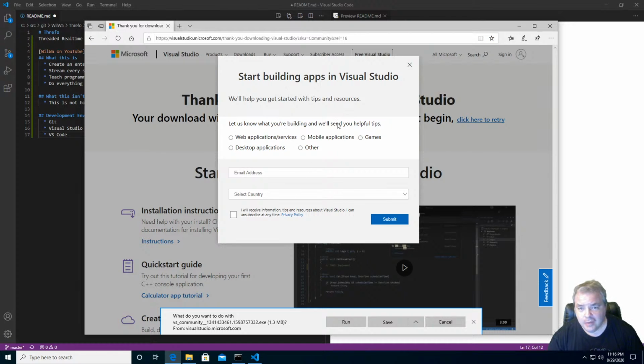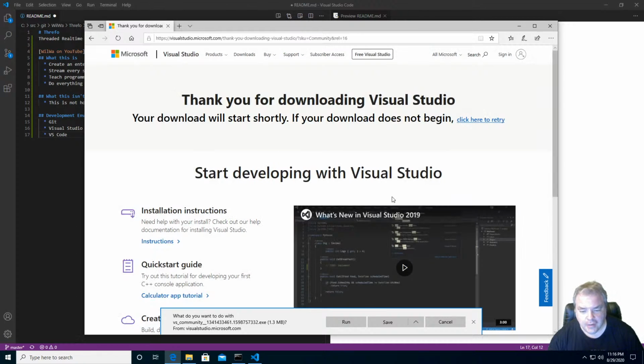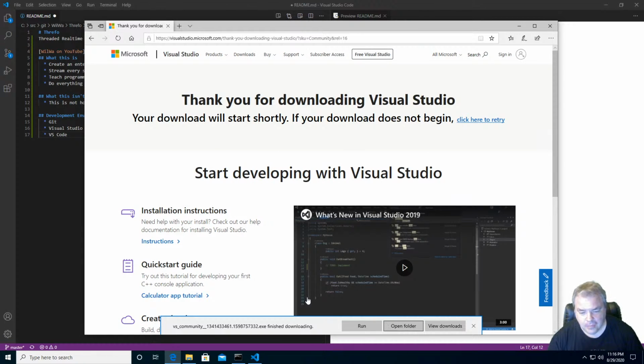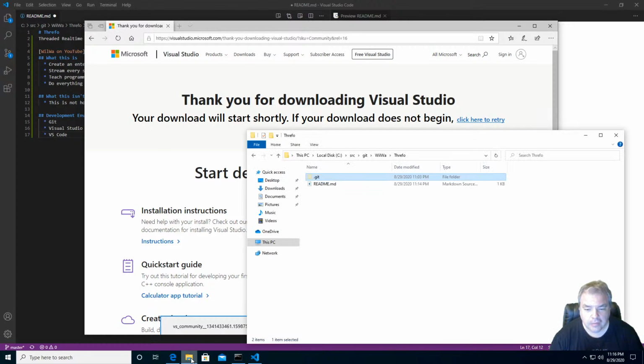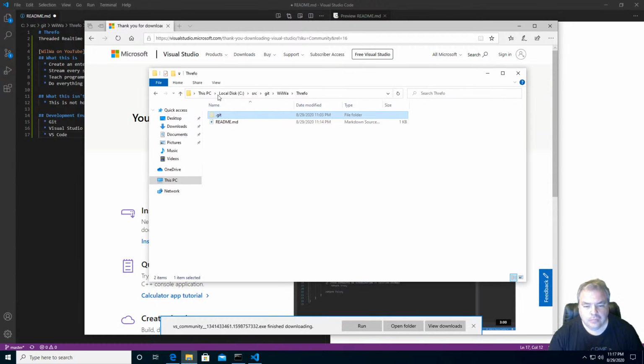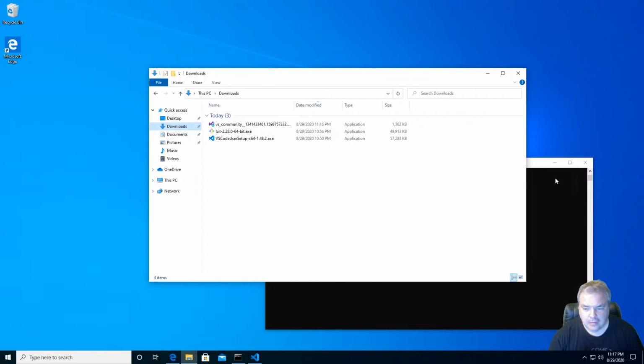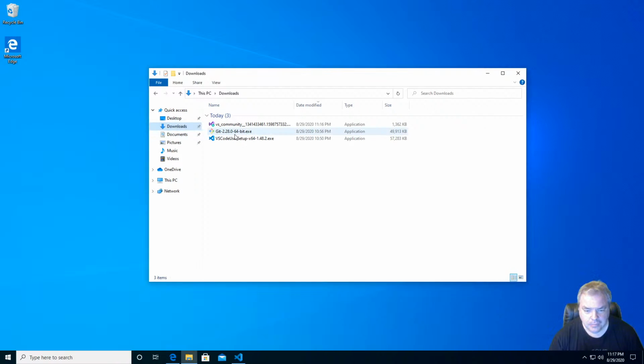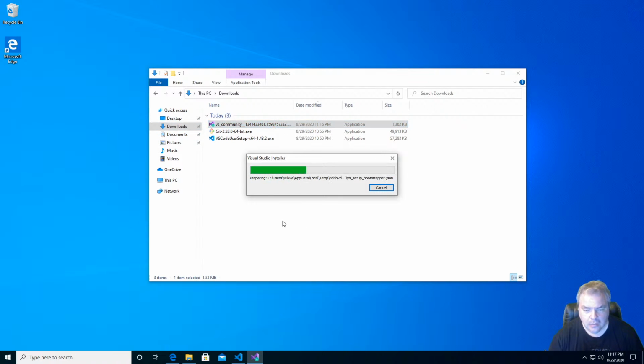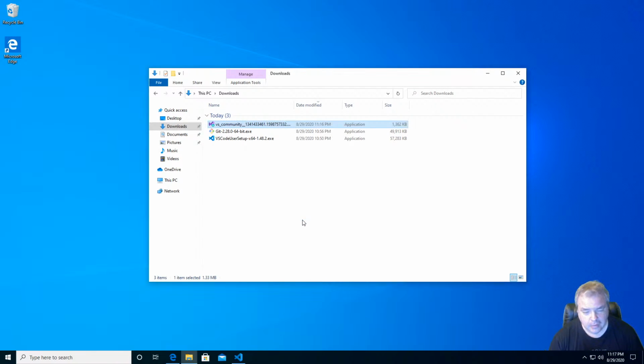And even this pops up and they want to know, what are you using this for? What's your email address? And you can say, no, thanks, and just save it. So, it's free. So I'm going to go to my downloads again and get this moving. I got VS Community, blah, blah, blah. Download, installs the installer, which is weird, but